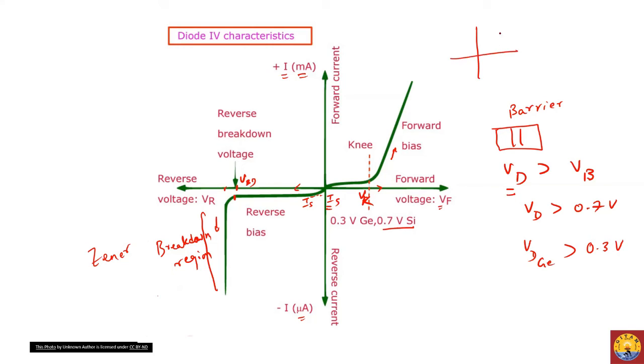If you consider an ideal case, you will have this type of characteristic. You don't have any current up to the knee voltage; at this point only we have current. So this is an ideal case, and there is no current in the reverse bias case. So ideally it's like a switch. In the forward bias there is a flow of current, or you can say the switch is on, and when it is reverse bias, the switch is off or open. Okay, so that's all.